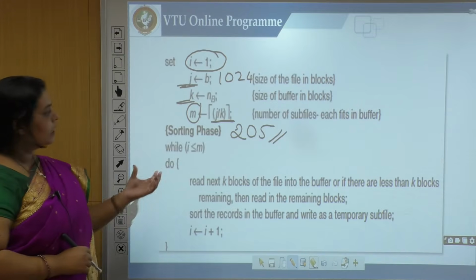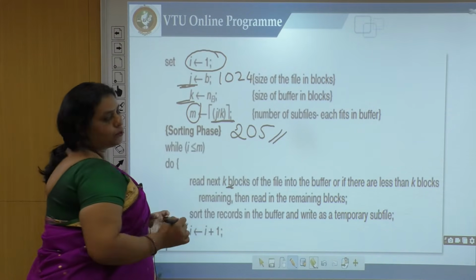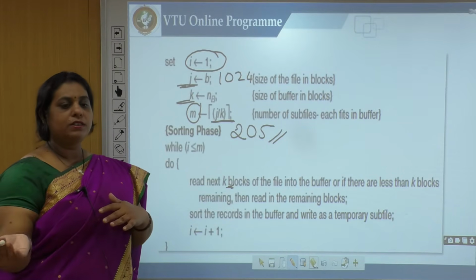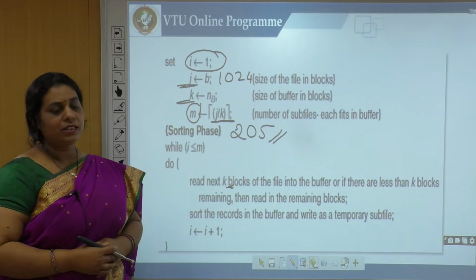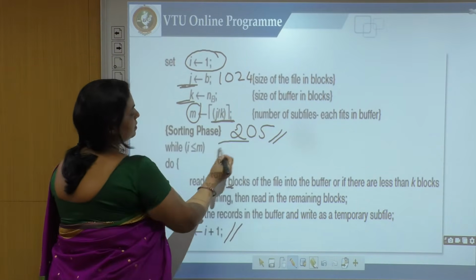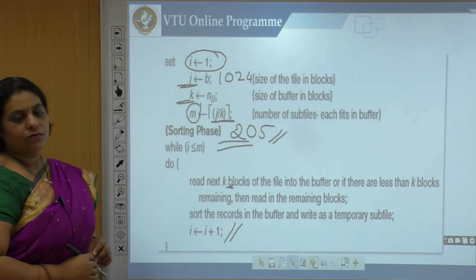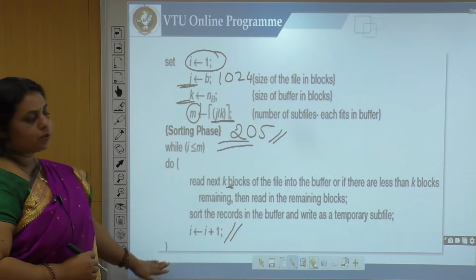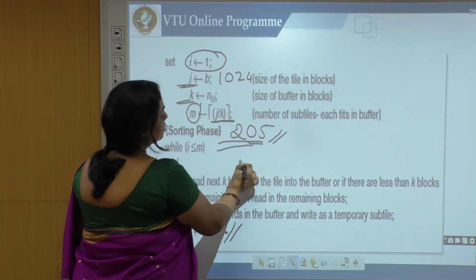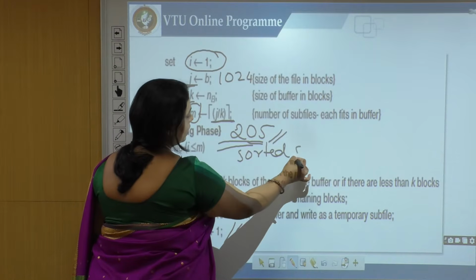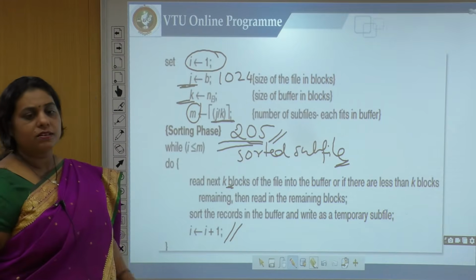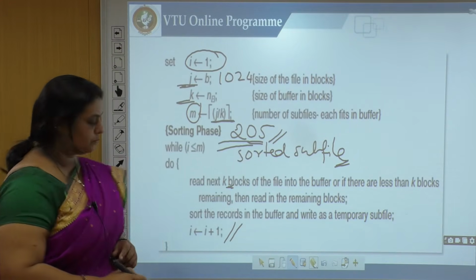So I take those K blocks from the disk to the main memory, sort them, then write them back to the temporary subfiles, and I increment this counter I. This I is incremented until I reach 205. At the end of this algorithm's execution, I have 205 sorted subfiles which are temporarily stored.